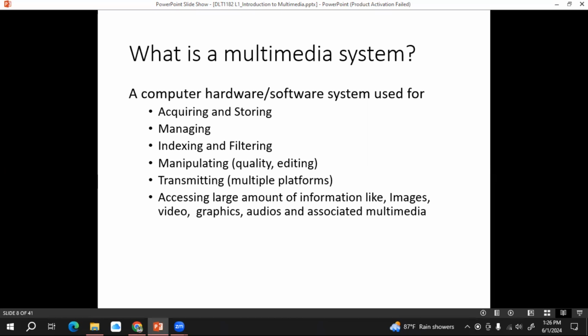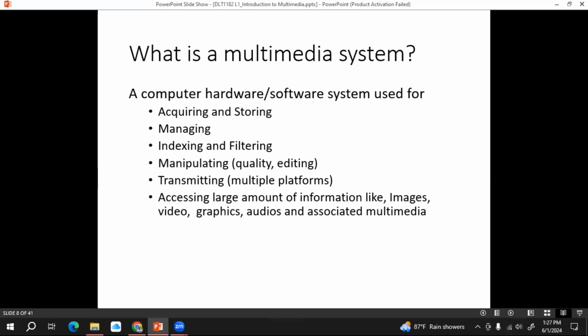Then the algorithms filter the relevant videos from their database and show them on your screen or in your browser, right? The YouTube platform has a high-performance, better indexing and filtering system. If your multimedia system is a better one, you should build an indexing and filtering feature into your system.